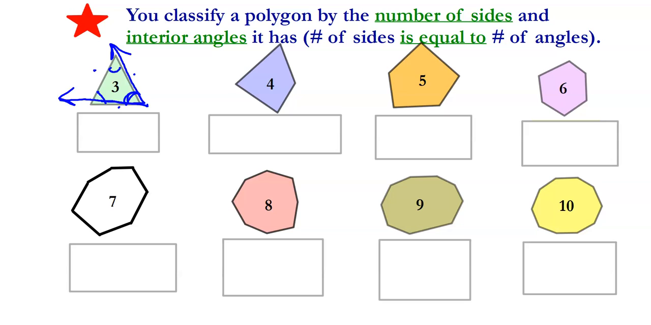I also think it's important that you know that a polygon, if you just look at the word itself, poly means many and gon means angles. So when you hear the word polygon, most people are thinking it's a many-sided shape. It actually means it's a shape with many angles. And the